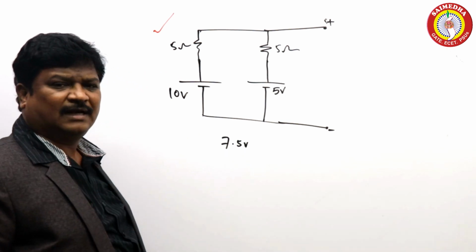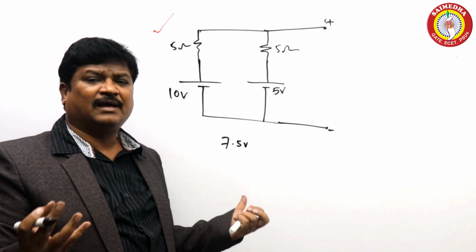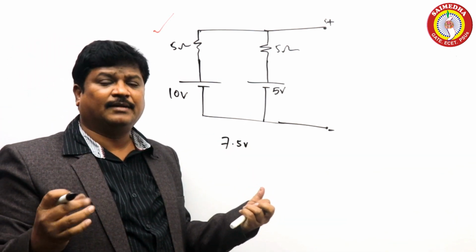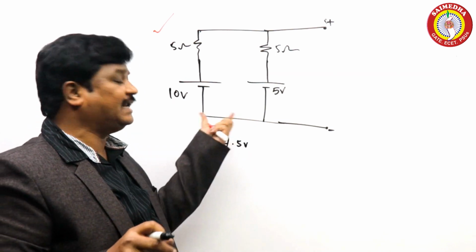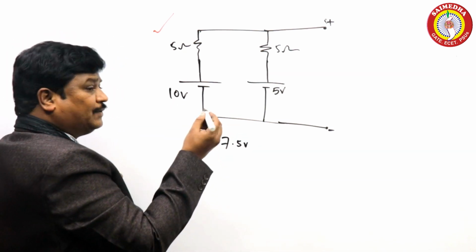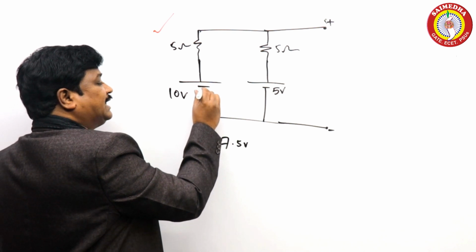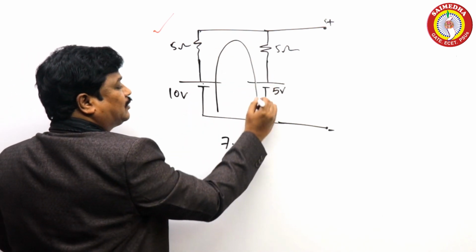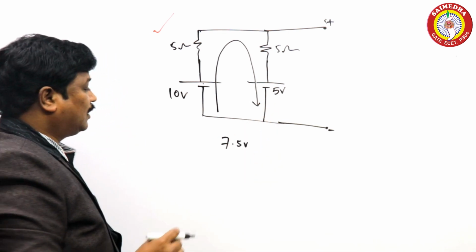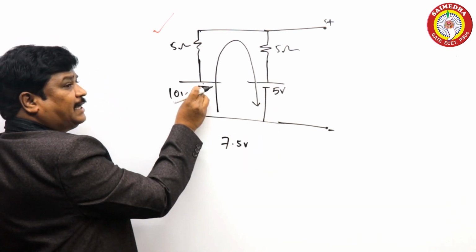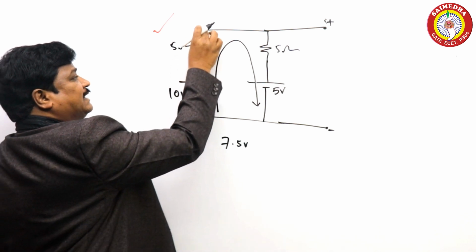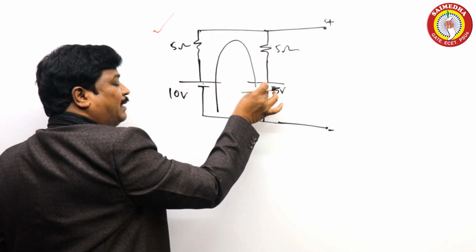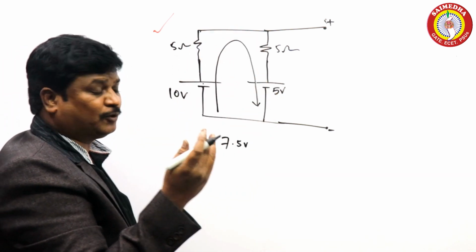Of course, going to Kirchhoff's voltage law, I will give you complete details. Don't worry, because you already have an idea, that is the reason I am telling this example. Now you see, current is flowing from higher potential to lower potential. What is the terminal here? Minus to plus, and plus to minus, so they are in opposite.